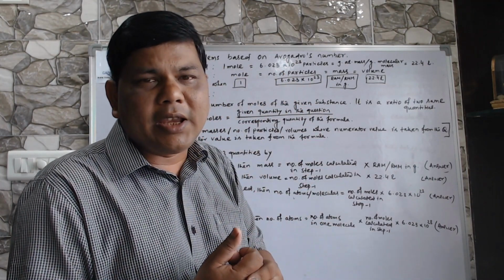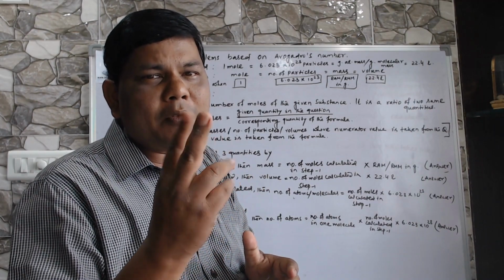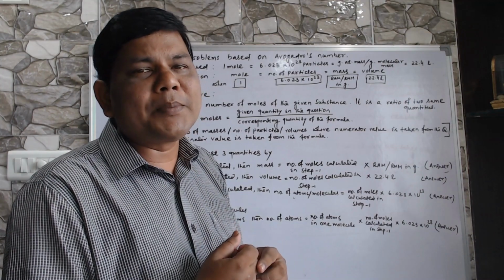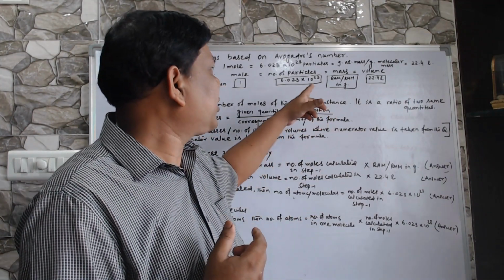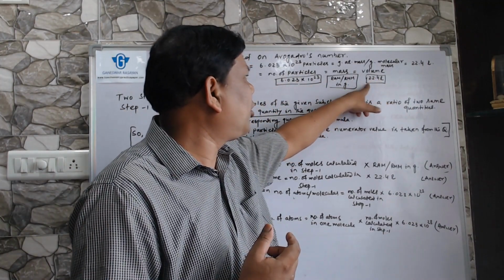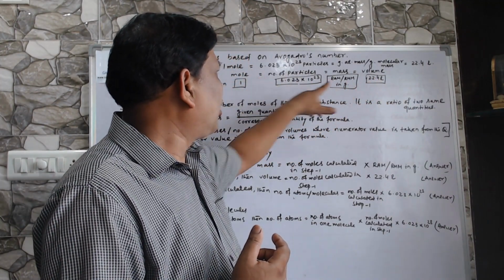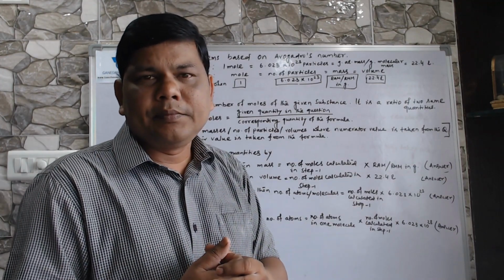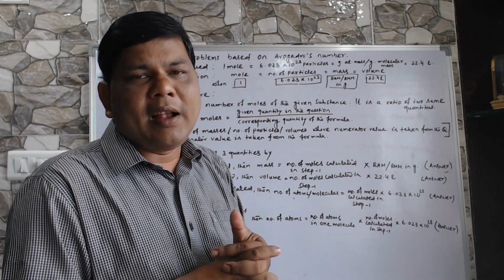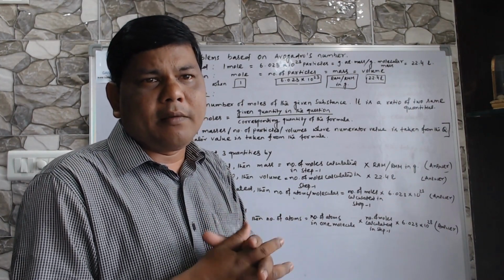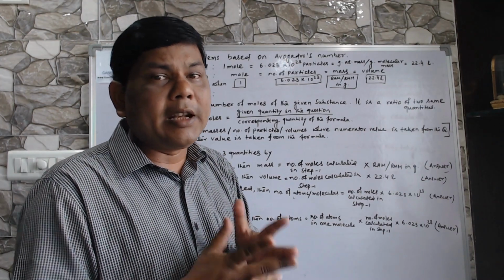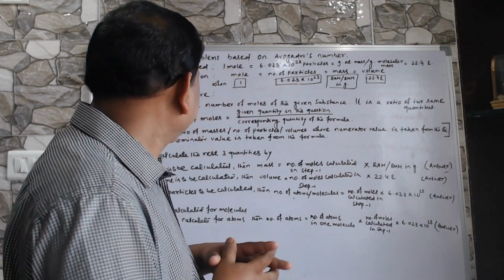So in a question, a minimum of 2 factors will be discussed. Out of the 4, 2 factors must be discussed. It may be related to particles to mass, mass to particle, mass to mole, mass to volume, volume to mass, volume to mole, etc. Any 2 will be involved in that question, and one quantity must definitely be given, and you have to start from that. Let us come to the steps of the procedure.